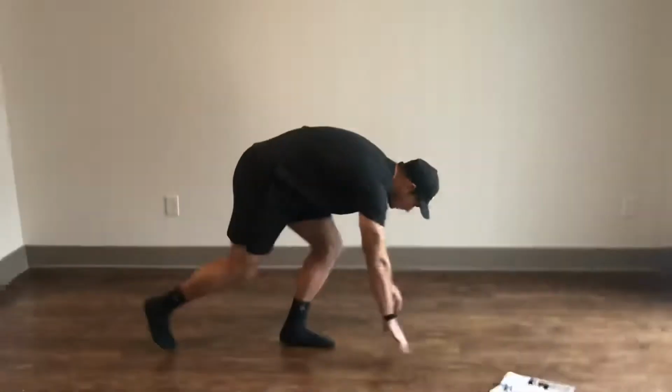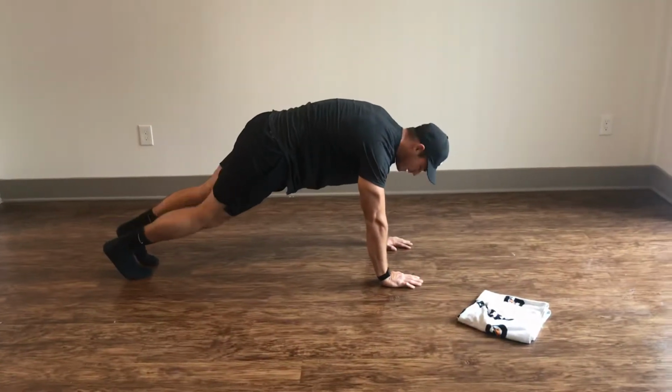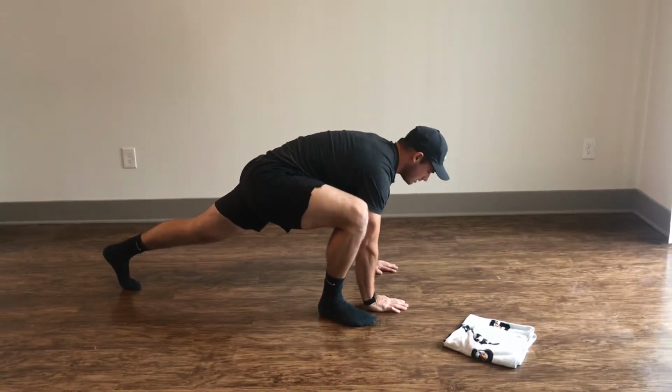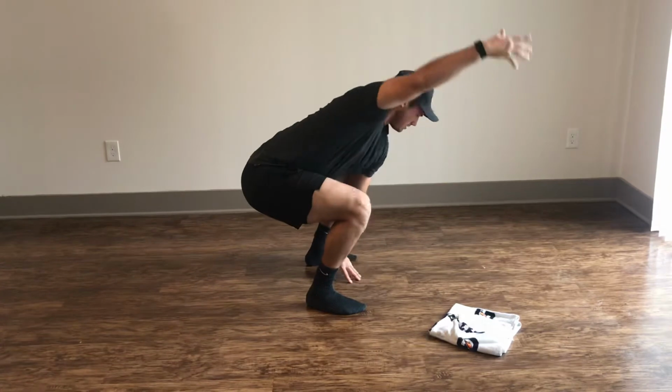We're going to start with exposing the body to a bunch of range of motion, picking the speed up a little bit as we go. You're going to do a push-up position. You're going to step up high lunge, just like so. You're then going to bring your opposite foot up in the same position. You're going to reach overhead,